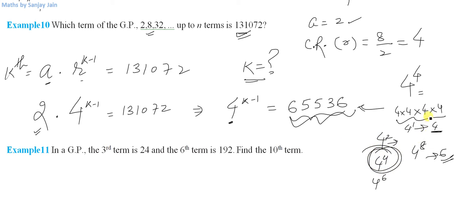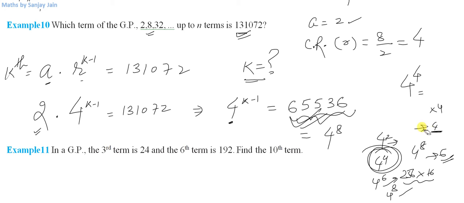4 raised to power 4 we know is 256. So now you multiply 256 with 16 and check for 4 raised to power 6, and then you check for 4 raised to power 8 by multiplying this number with 16, or you can check it any way you want, because this is a simple calculation part. I am going to tell you that 4 raised to the 8th power is this number. This number is 4 raised to the 8th power. Now I leave it to you to check it yourself. I have given you a fair idea how to check this number.